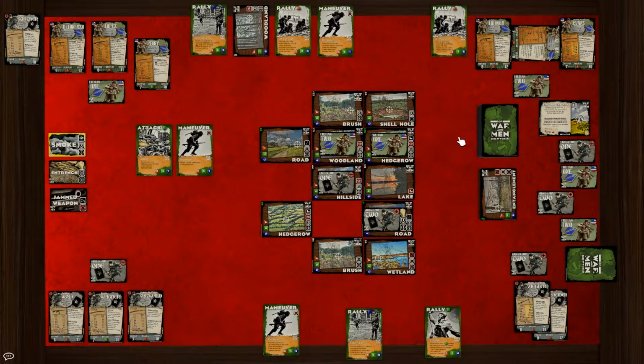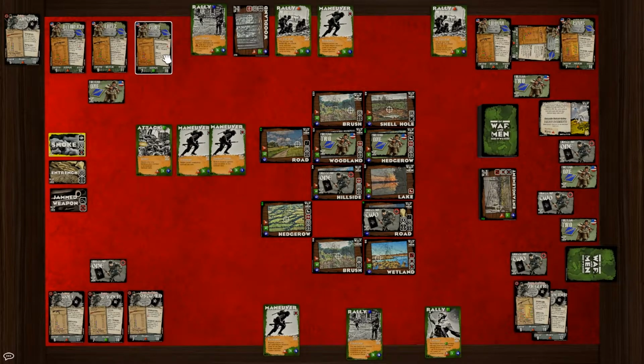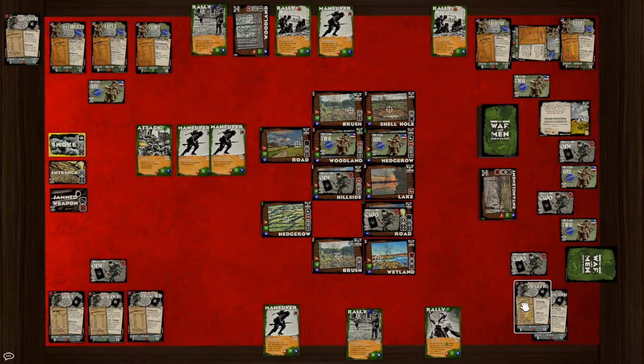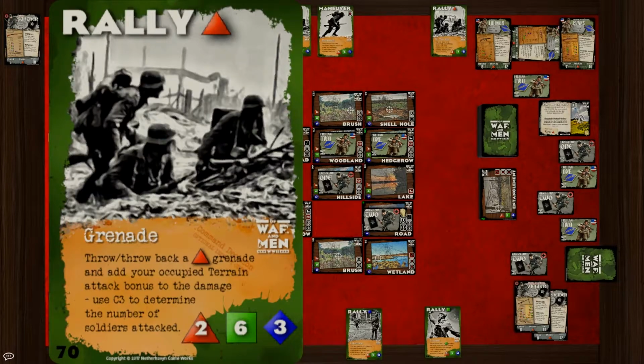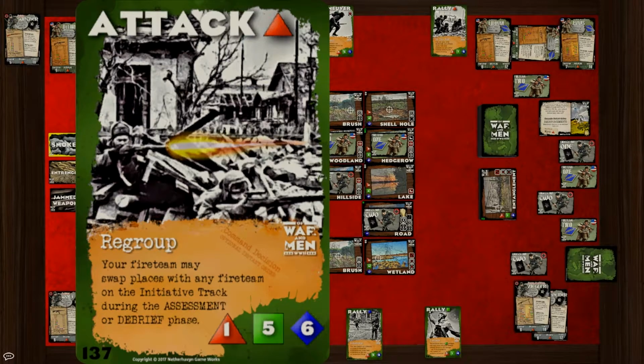First, we will determine who in Fire Team 1 for the Americans he is shooting at. He is shooting at position 3: 1, 2, 3. Put Private Perry back up here from earlier. We are going to be shooting at Private Perry with a chutzpah of 7 and a vitality of 10. Again, we are shooting with a red, red, green, blue, and a discipline of red. So 3 and 2 is 5, and the green 5 is 10,